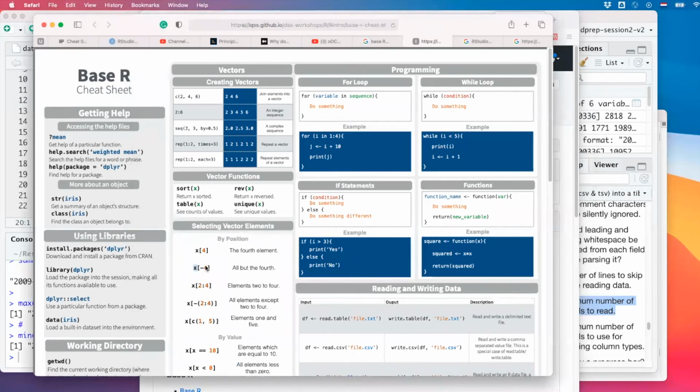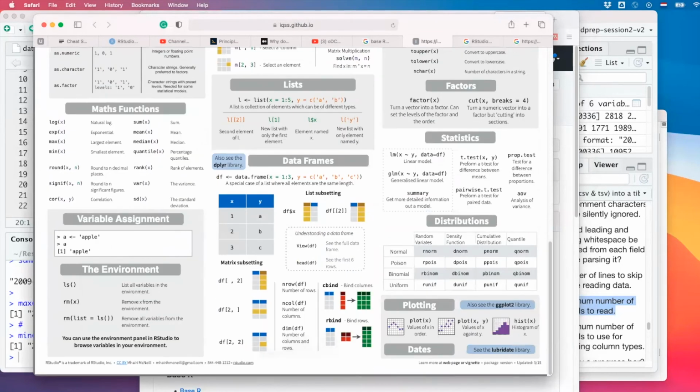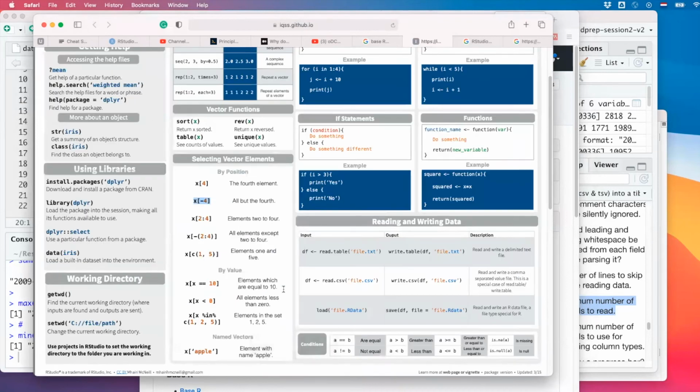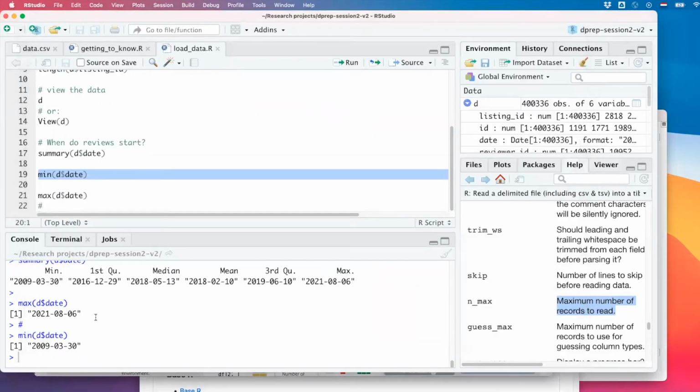So what you see here is this indexing, what I've told you, writing loops, lists, types. I mean, yeah, pretty much stuff on there. If you find other ones here, math functions: sum, mean, median, quantile, rank, variance, standard deviation. So yeah, it's essentially all there. So print it out maybe, and work with it.